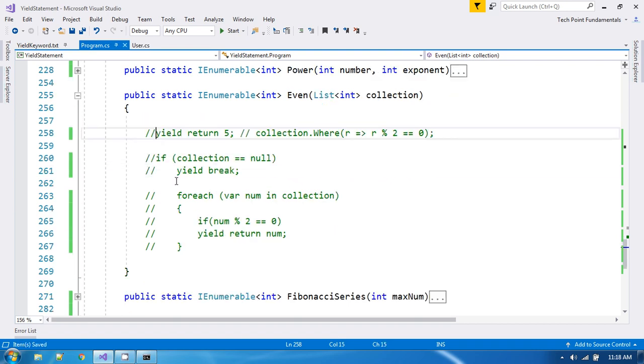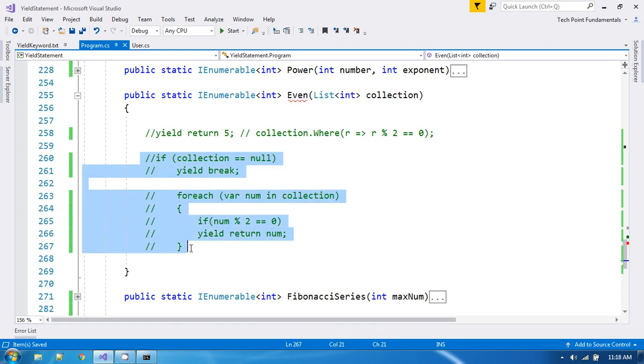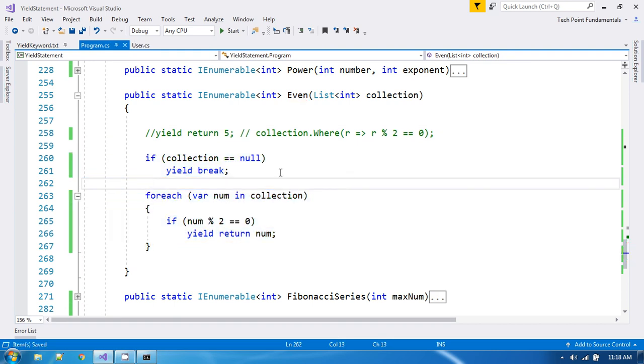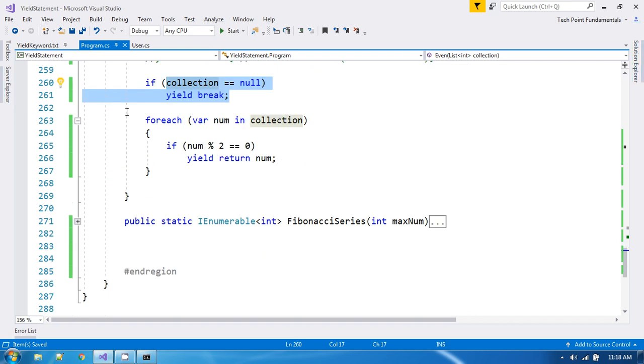Now coming to the point, if you have to print the even numbers from this list or collection, and this collection is null, you can return yield break. That is not required, but for your understanding I have put it there. You can do this as well. Otherwise,